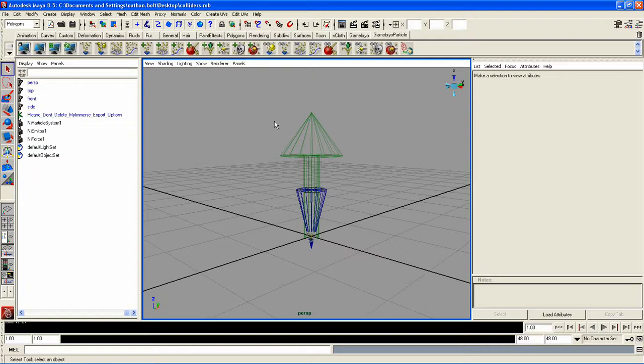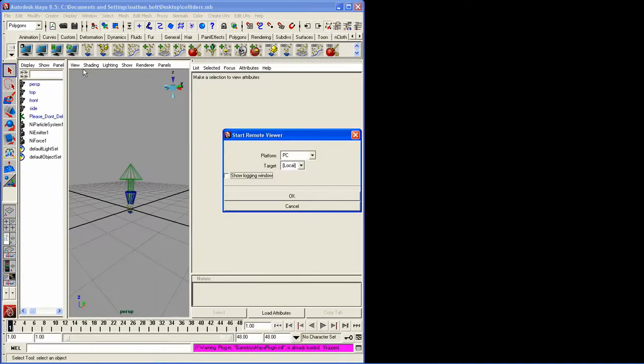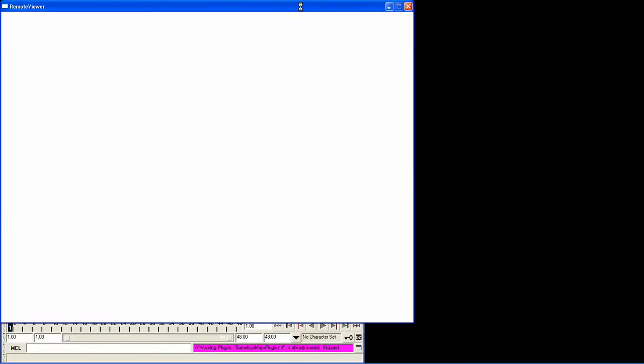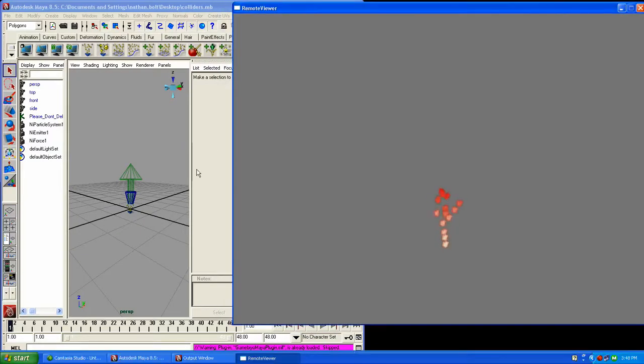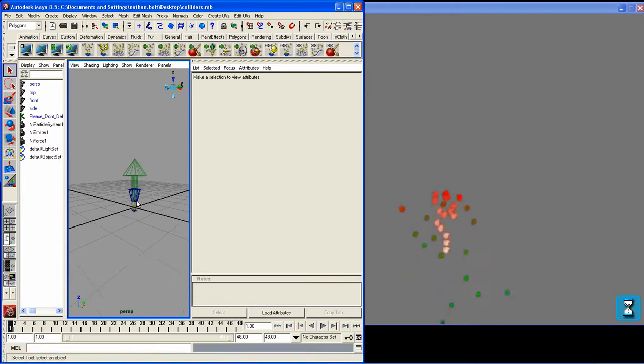In this video, we're going to be discussing colliders in the Gamebryo RPI tool. So I've gone ahead and set up a scene. Let me go ahead and launch the remote viewer. And all I've got here is a particle system being affected by gravity, and the particles are changing color and